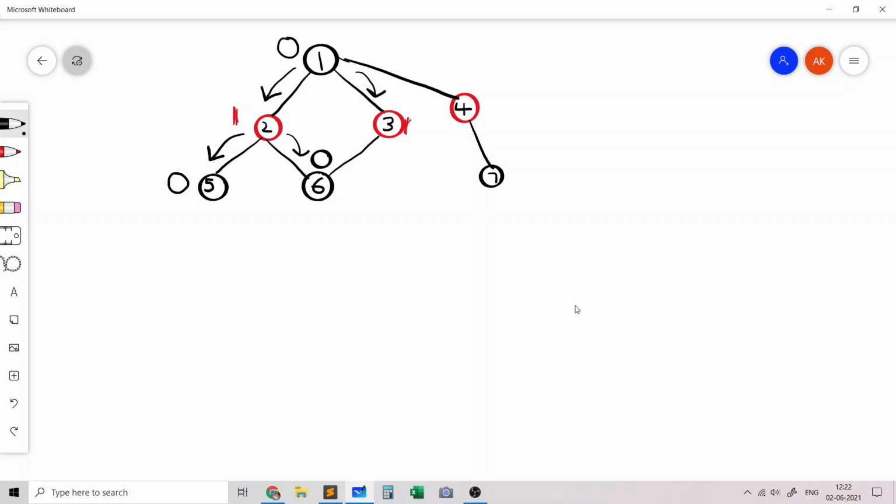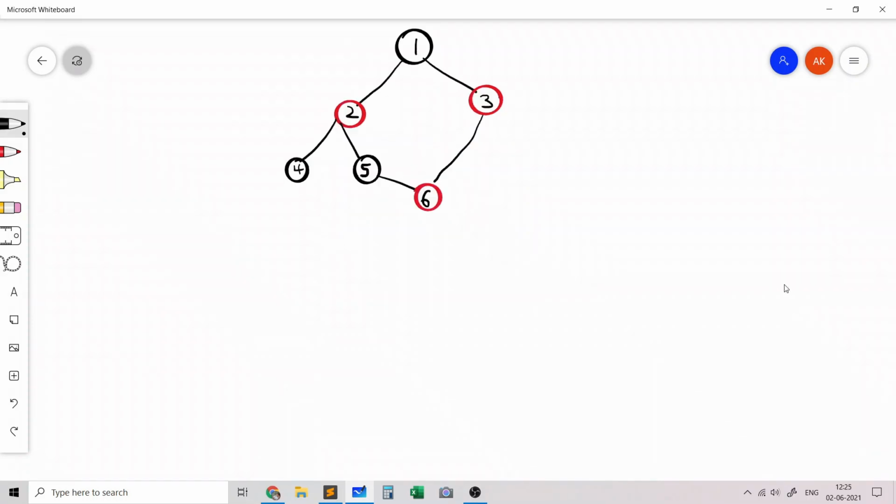Then we go back from 3 to node 1 and we launch DFS to node 4 because that's the next unvisited node. Then we assign the color of 1 to node 4 and go to its adjacent node, which is node 7, and we assign a color of 0 to node 7, and then basically we backtrack to 4 and backtrack to 1, and you can verify that zeros are the black colors and 1s are the red colors, and hence we conclude in the end that the graph is bipartite.